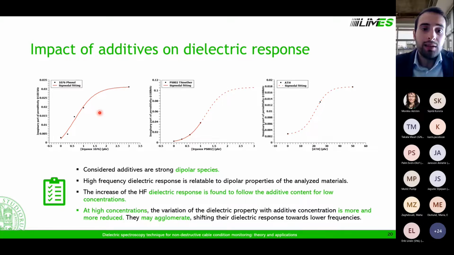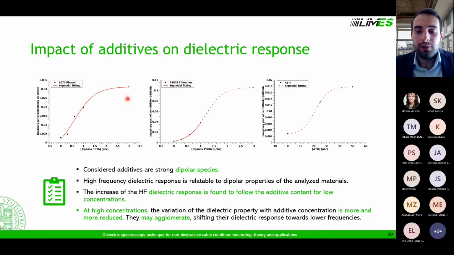The chemical department has done some measurements to assess this value. Beyond this value, we have a stabilization of the property. This was expected again because at high concentration, these additives can agglomerate, in particular antioxidants can agglomerate into crystals, and